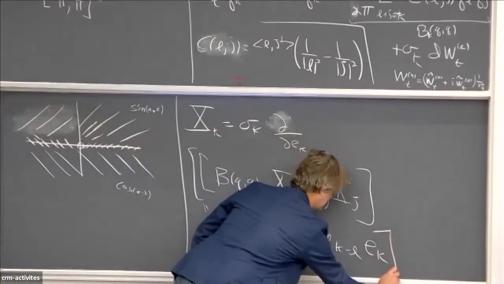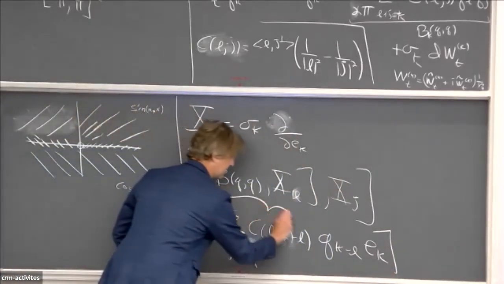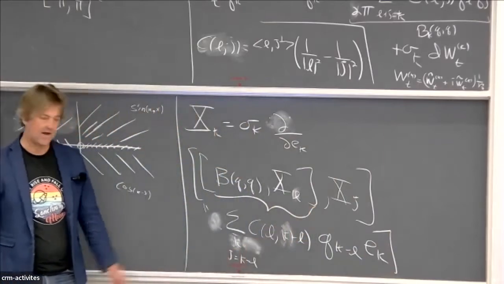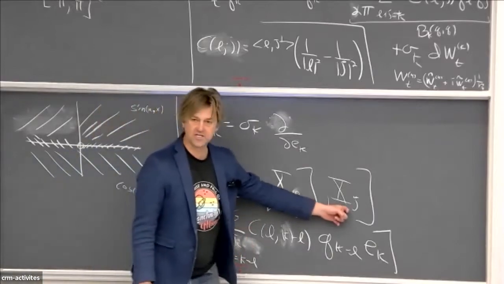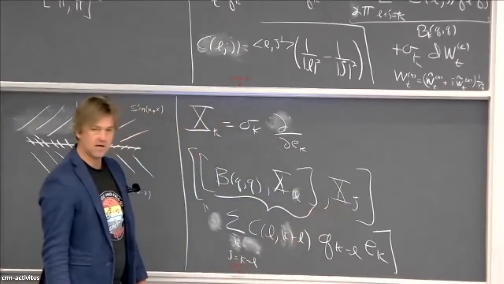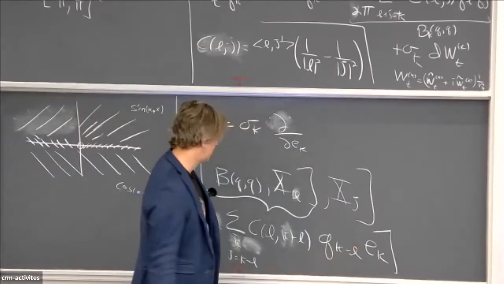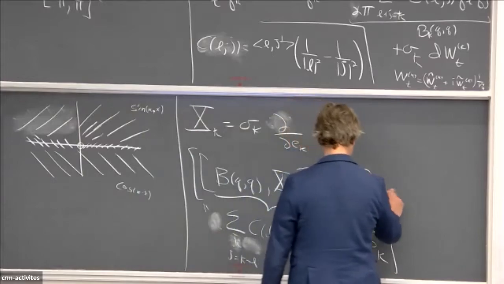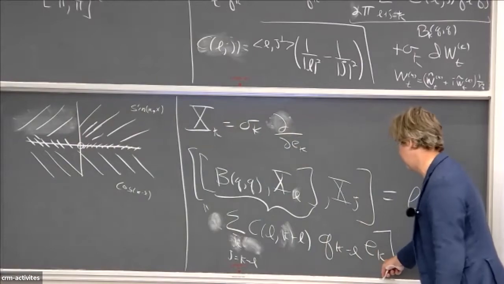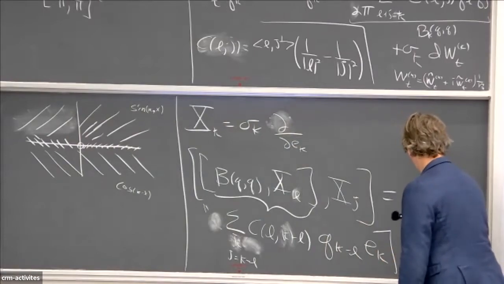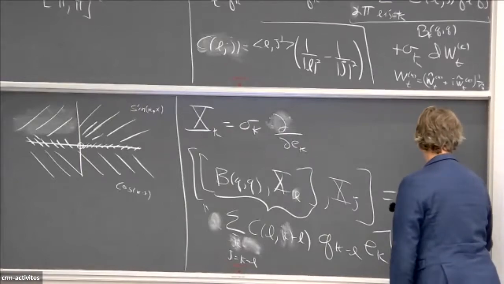There we go. So that's the vector field that I get after this first bracket, right? This first bracket, just to there. And now what's going to happen if I take another bracket of this with some other direction, xj? What am I going to get? I'm only going to get the term when K minus L equals J. And so what I get is only the EK, but now where K equals J plus L, right? And then I have CLJ.